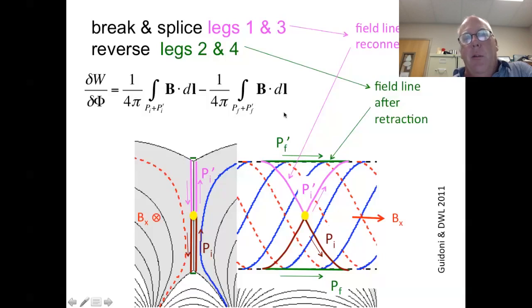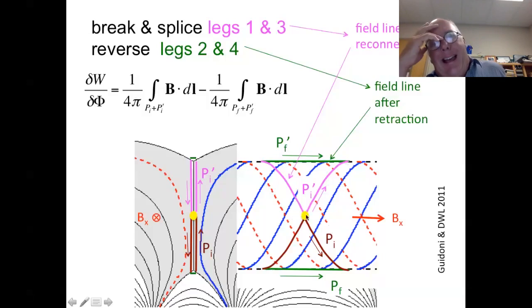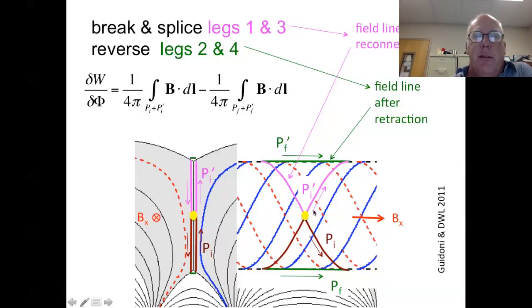But by doing this, what I've done is, if there were reconnection occurring at that yellow dot, then PI and PI prime would be the magnetic field lines that result from that reconnection. All I've done is broken the magnetic field and reattached it that way. And there's some tiny little region where things have changed, so I'm maybe making a tiny little error there, but we're interested in big amounts of energy, so I'm not going to worry about that too much. So those are the magnetic field lines after the reconnection, totally after the reconnection has stopped,